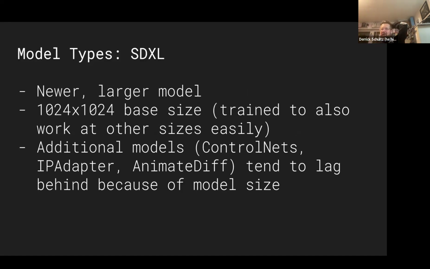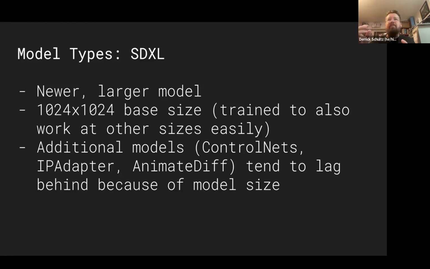SDXL, I think, came out about a year ago, maybe 9 months now. It's newer and it's a larger model. And by larger, I mean both in size, parameter size, but also in image generation size. It was trained at 1024 by 1024, meaning it's much, much bigger, double the size, which for artists or image generators is important.